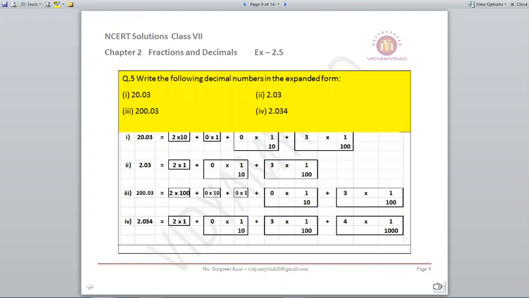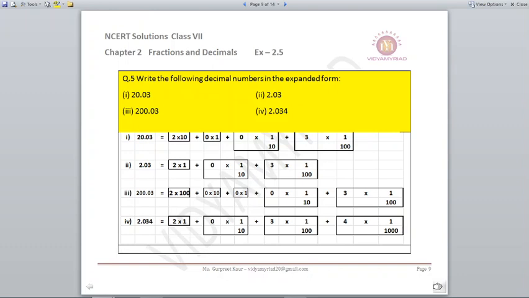2.03, where is 2? 2 is at 1's place, so 2 multiplied by 1. Then 0 is at 10th place, so 0 multiplied by 1 upon 10. 3 is at 100th place, so 3 multiplied by 1 upon 100. Next is 200.03, so 2 will be multiplied by 100, 0 multiplied by 10, 0 multiplied by 1 plus 0 multiplied by 1 upon 10 plus 3 multiplied by 1 upon 100. The last one